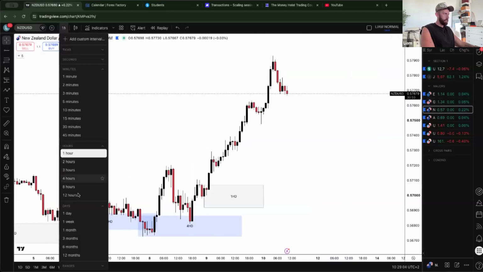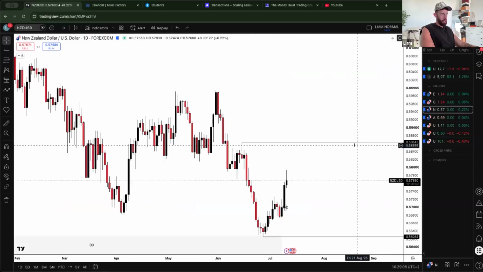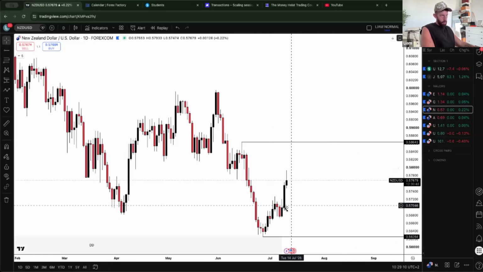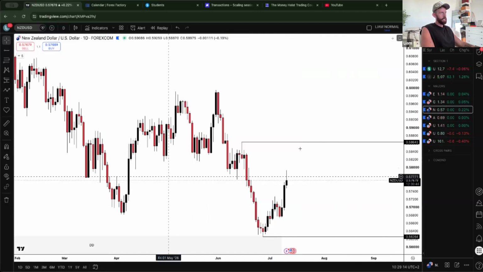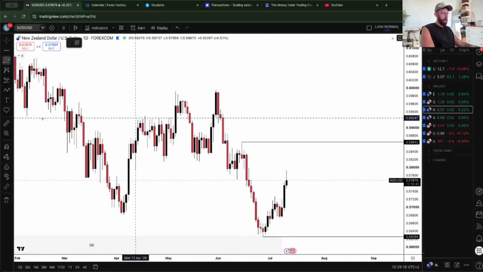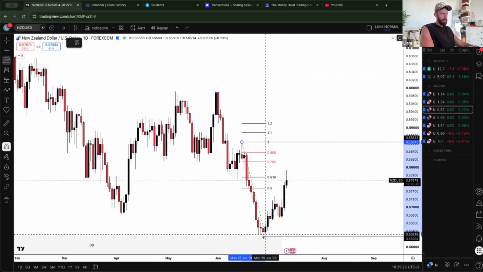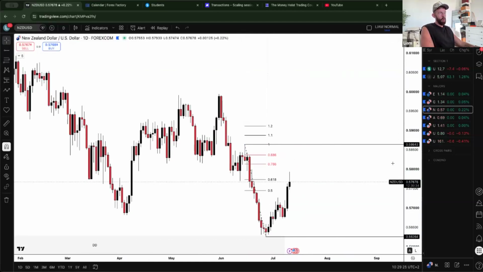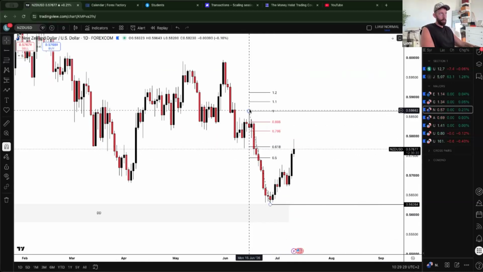NZUSD, let's see what this is doing. Seems like she's just gone on a bit of a tangent and just gone bullish. So looking at the daily time frame, we can see that market has obviously pulled back firstly above the 50%. I think I discussed with you guys on a daily market outlook this week that, well, if you don't know anyway, I like it to come in above the 50% of a range. So that is our lower high and lower low.